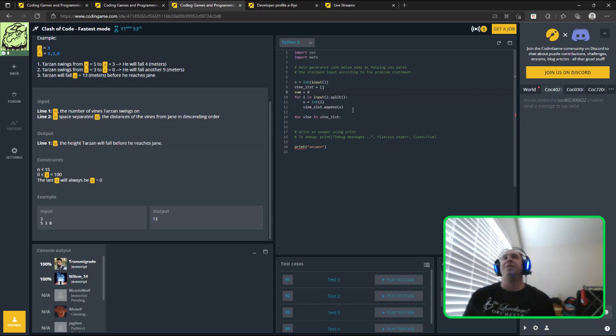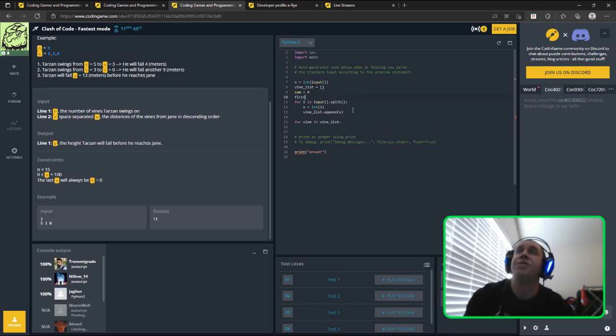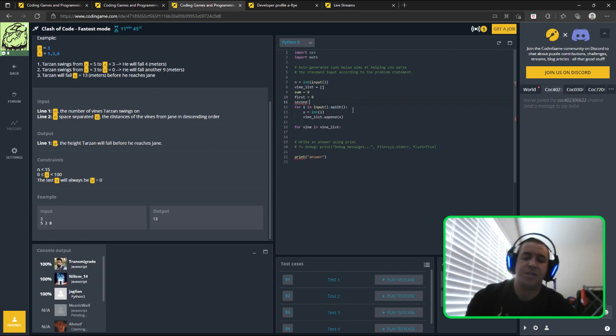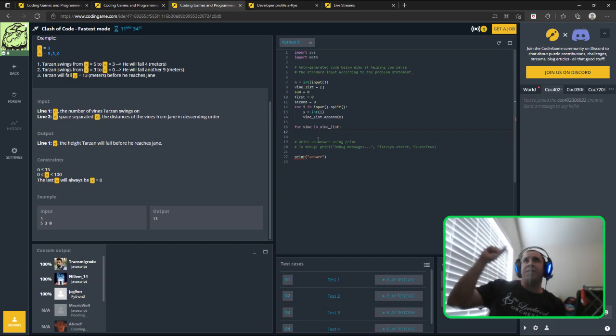we need a way of calculating the distances between the vines. So first equals 0, second equals 0. Now let's see. Trying to think. So with the loop structure we have here, we're pulling out each vine in the vine list, and here we have the vine list being built of all the vines. So for this example, this test, it would be 530. So now I need, so